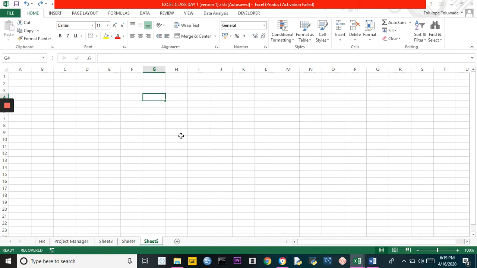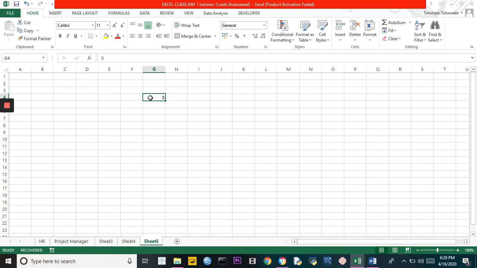Let me show you how to use it. Let's say we have the value 5 in that cell. If you want to replicate this same value down to all the cells below,